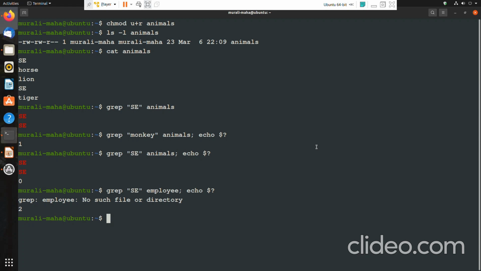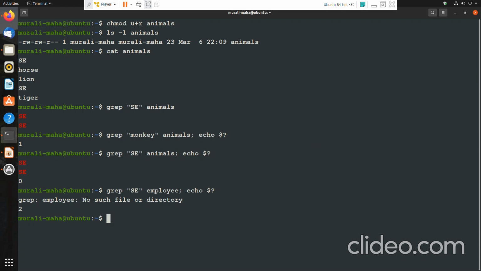What is the purpose of the test command? As I told you earlier, the test command is used to evaluate an expression. For example, you have a relational expression. We have operators called relational operators, and using relational operators you can form a relational expression.